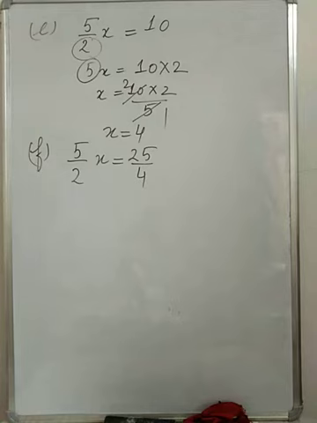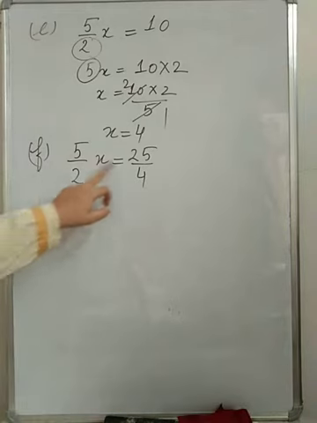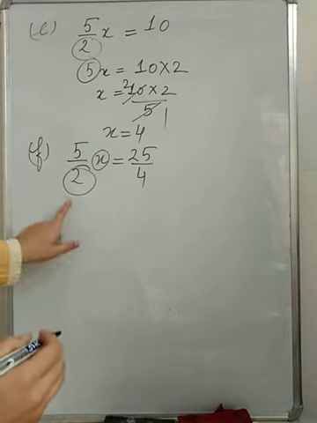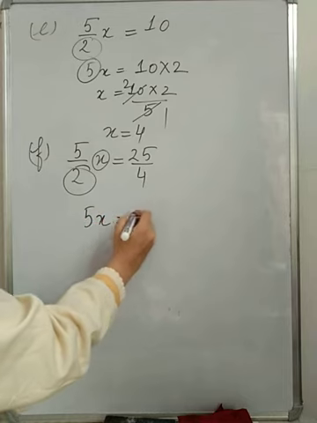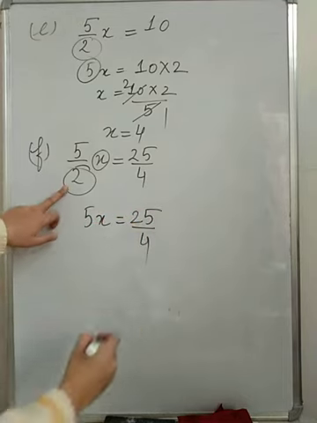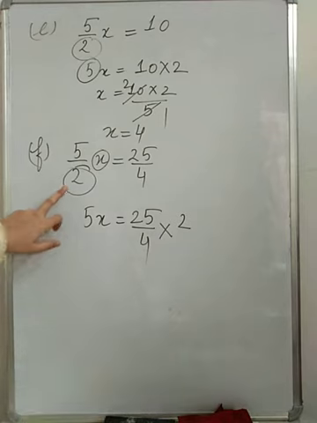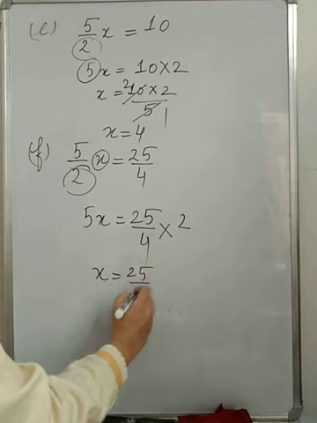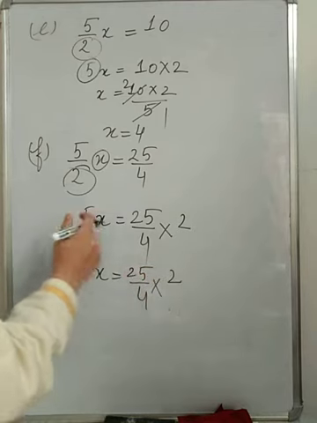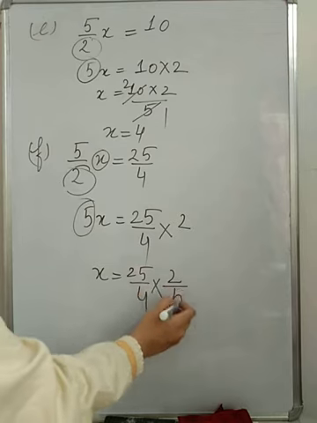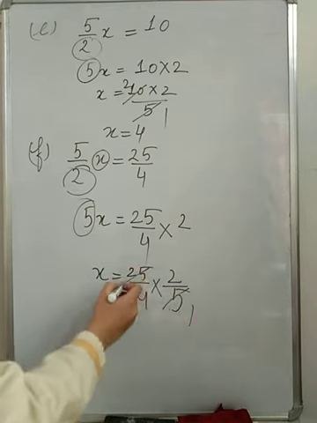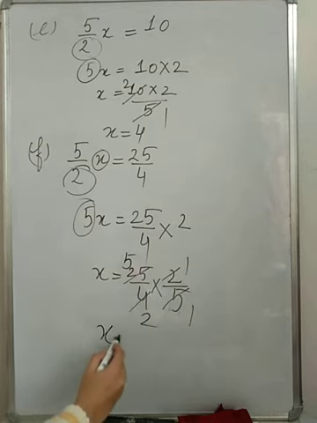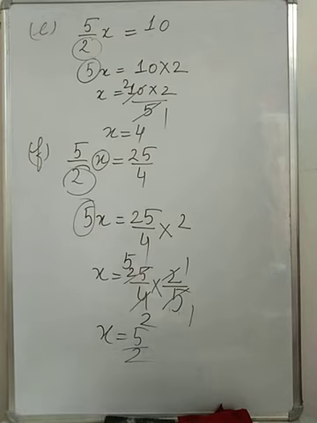They are saying 5 by 2 x equals 25 by 4. Here x is the variable again. Firstly move this 2 which is in division to the other side. 5x equals 25 upon 4. Here in division, move to the other side, it will be in multiplication. Now in the next step, x and then 25 by 4 into 2. See, here multiplication, move to the other side, it will be in division. 5 1s are 5, 5 5s are 25. 2 1s are 2, 2 2s are 4. So the answer of x is 5 upon 2. Okay, see the next part.